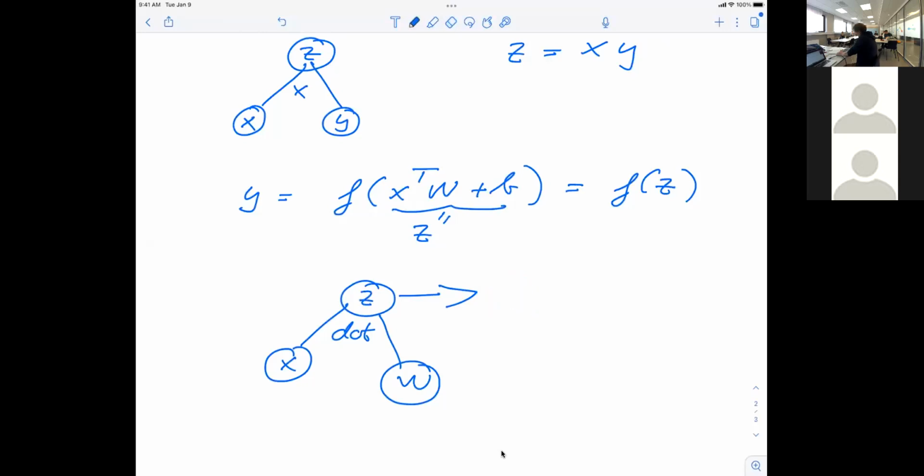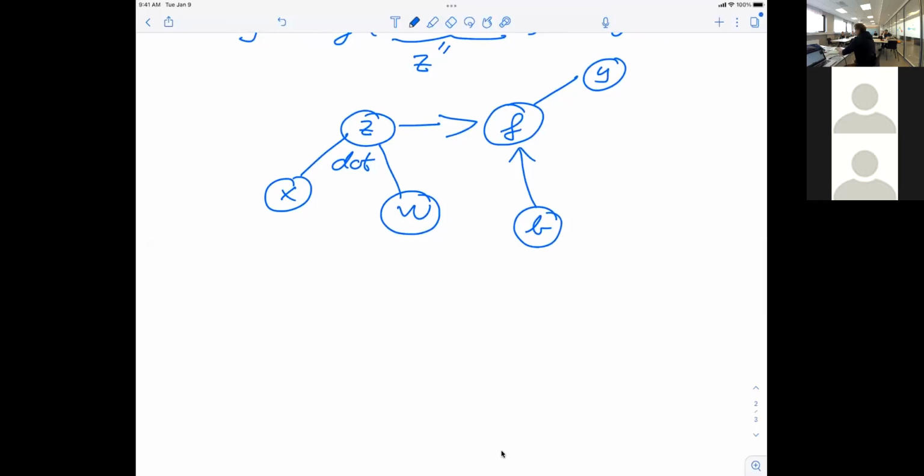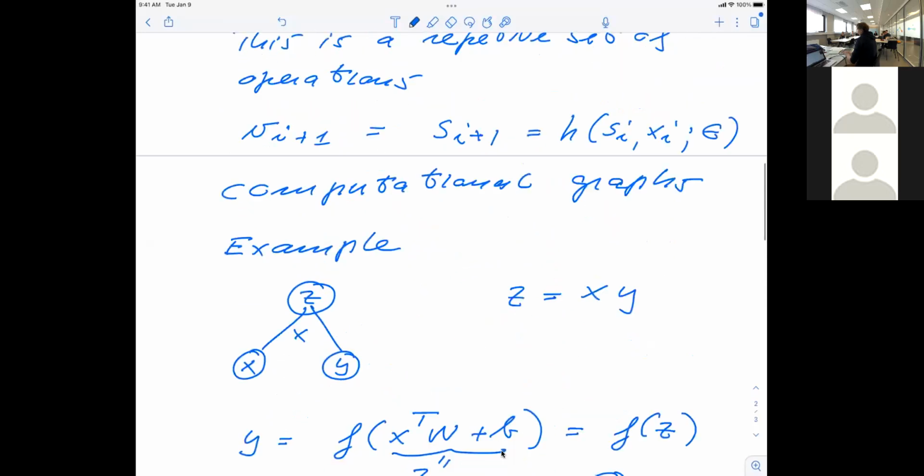Let me just rewrite that one. So this goes into the function f. And there you also input the biases which you have. And this would give you the final result, which is y. So this is another way of writing down the mathematical operation which we put up in a standard neural network. These computational graphs are very much used in the setup of these kinds of operations. So one way you would now, if we go back to what you have here.